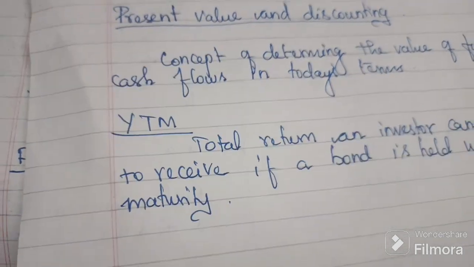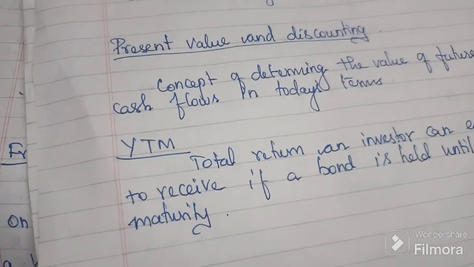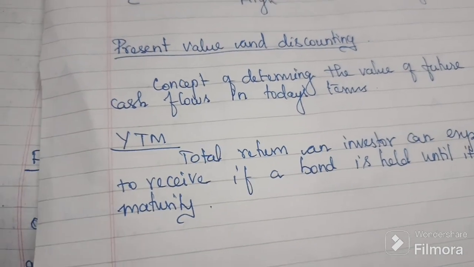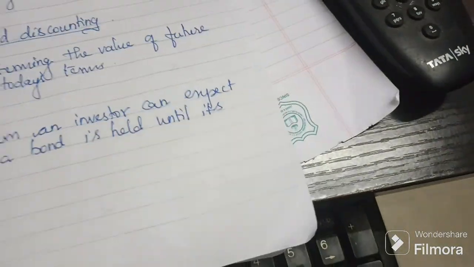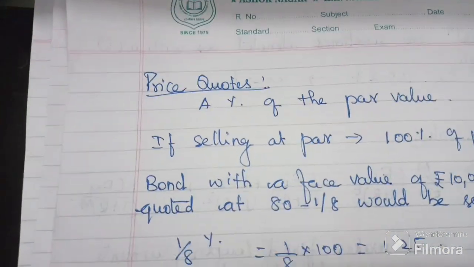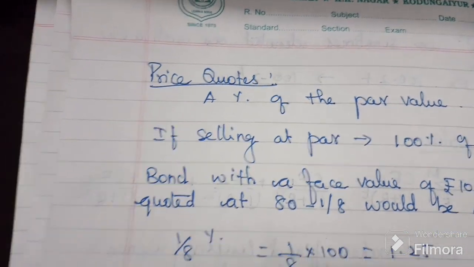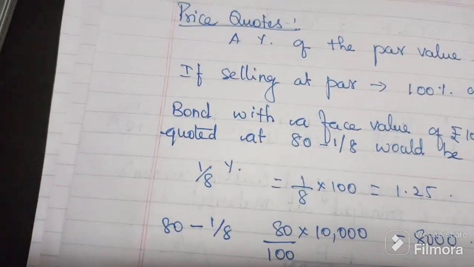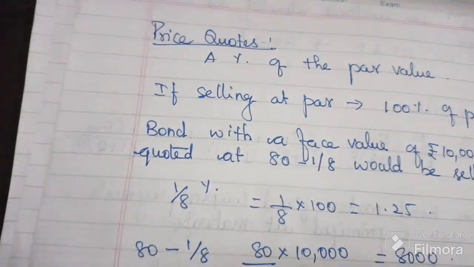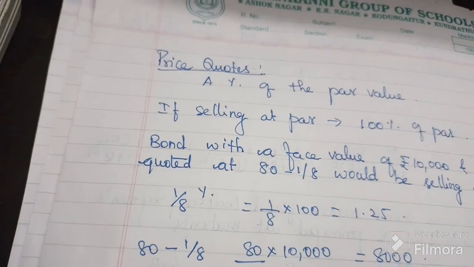That is what we calculate through YTM. For each and every one of these, we have formulas. We're going to study all those things in detail. Now, the next one is your price quotes. So price quotes: the majority of the bond issuers quote the price of